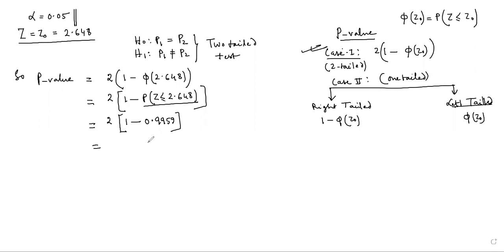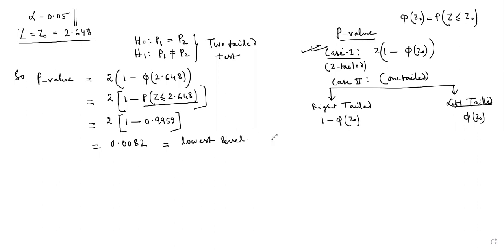And if I calculate this probability, it is 0.0082. Now, by definition of p-value, we already know that it is the lowest level of significance